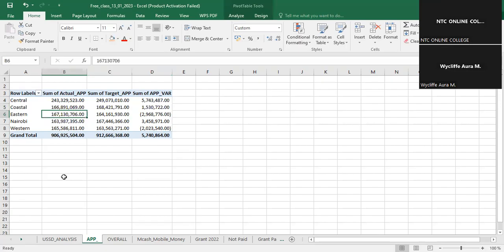But in the Eastern region, the target was 164, but there was a disbursement of 167, meaning that there was an over disbursement. The same case also happened in the Western region, whereby they disbursed 165 million, but they had a target of 163 million. So by looking at this figure, you realize that these two regions have a big potential for